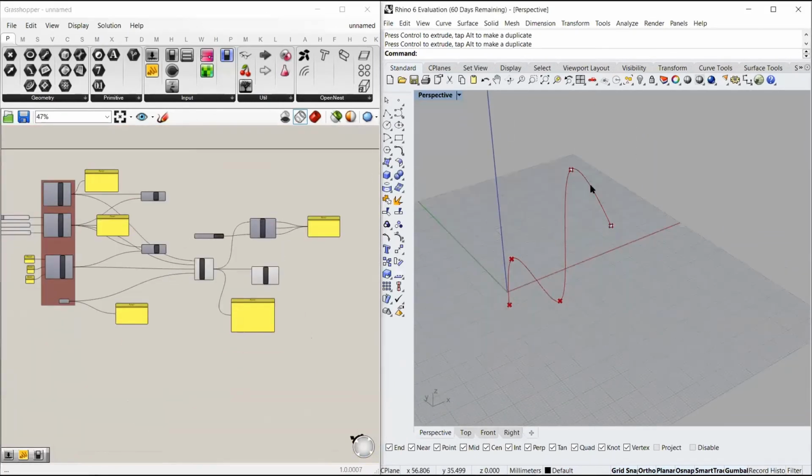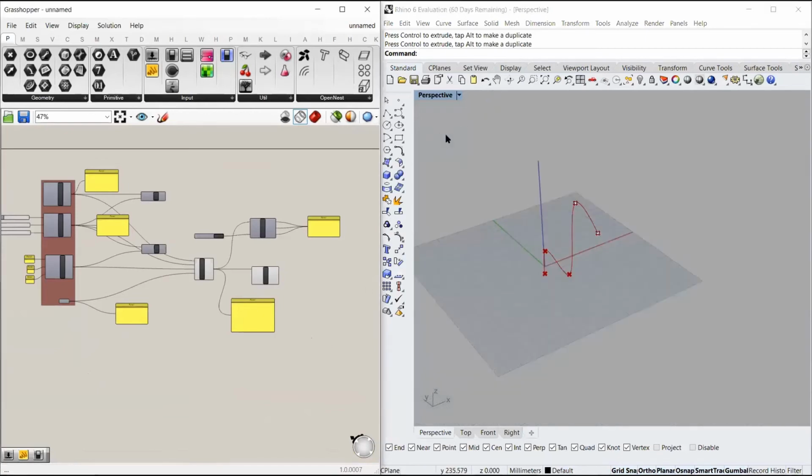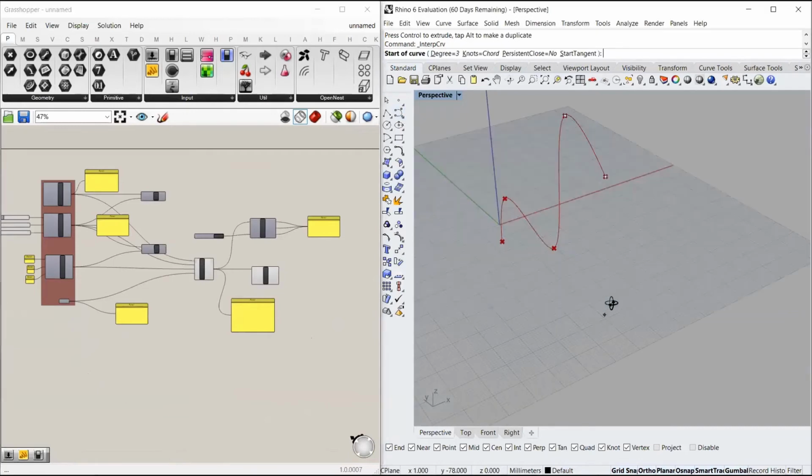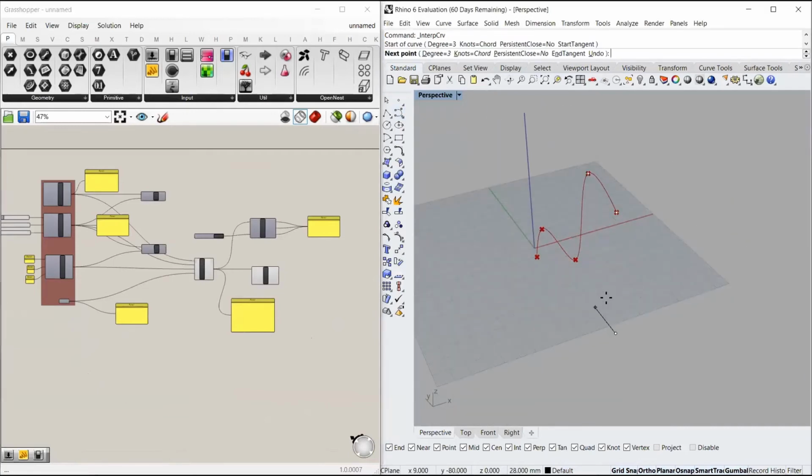Now let's make a curve in the Rhino interface and try to reference it in the Grasshopper interface. And then we will take those two curves and make a surface from them. So for making a curve in the Rhino interface, I select interpolate.